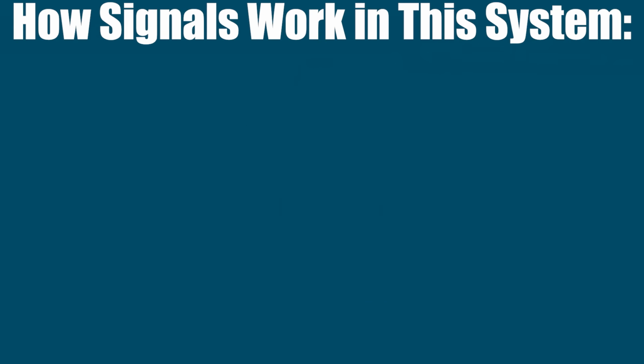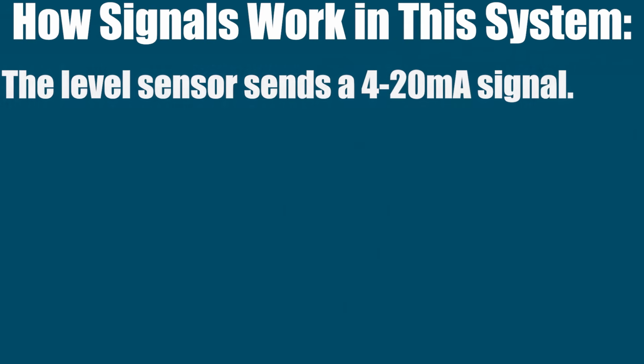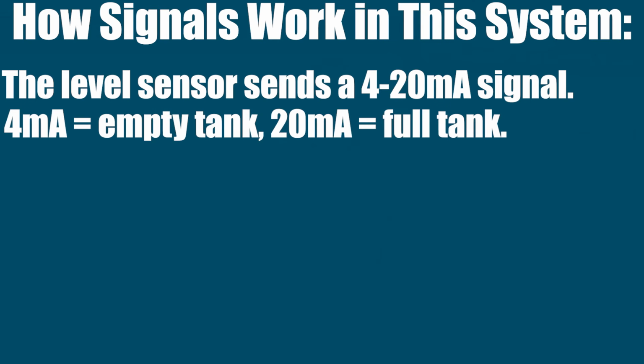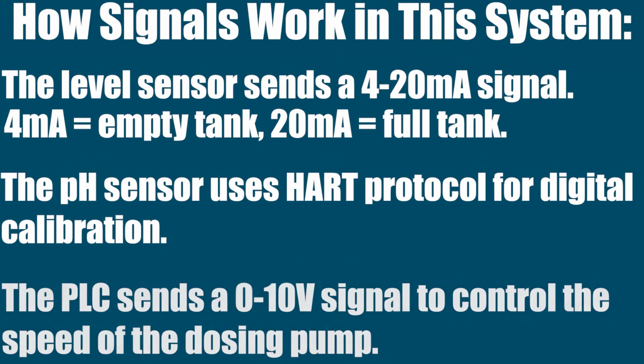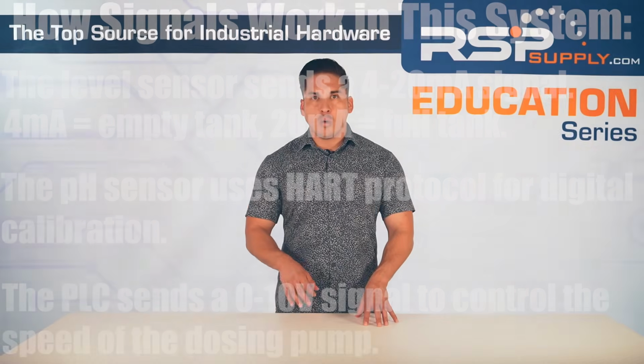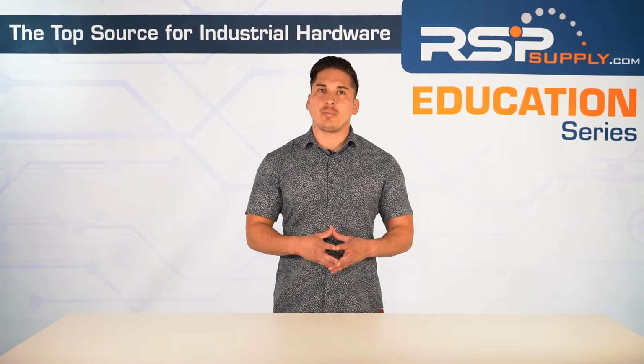So how do signals work in this system? Like I said before, the level sensor sends a 4 to 20 milliamp signal. 4 milliamp equals empty tank. 20 milliamp equals full tank. The pH sensor uses HART protocol for digital calibration. The PLC sends a 0 to 10 volt signal to control the speed of the dosing pump. Why all of this matters is because without instrumentation,